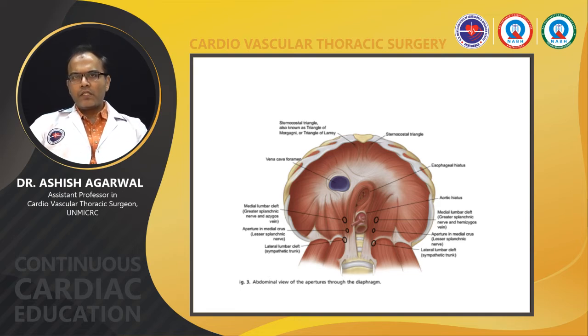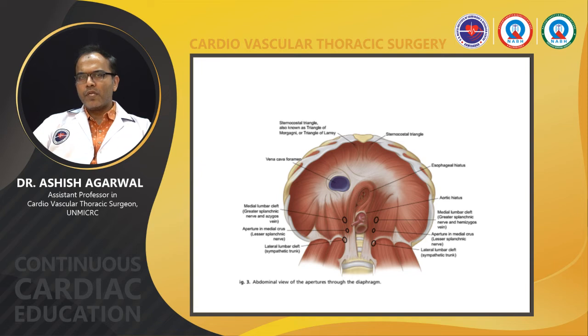On both sides, the content is the same: superior epigastric artery and vein. The third space is the vena cava foramen at the level of thoracic vertebra 8, which allows passage of the IVC and the right phrenic nerve. At the level of T10, thoracic vertebra 10, is the esophageal hiatus, which allows passage of the esophagus, anterior and posterior